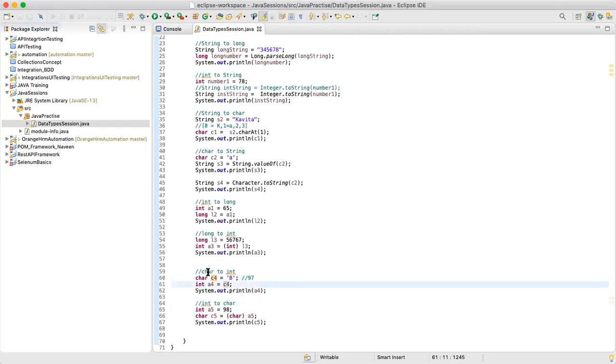We were converting character to integer, so it gets the ASCII value and prints that value. Here we already have the ASCII value. Now it will see which character is present for that ASCII, and then it will print that particular variable, C5. So it will be printing B, because as we saw, 98 is for B.